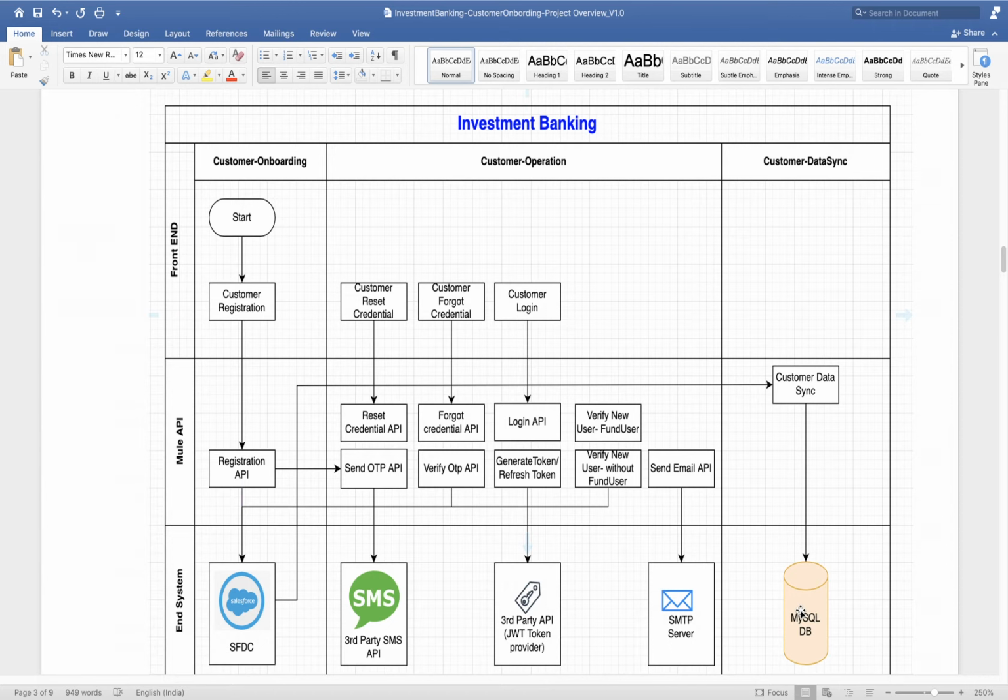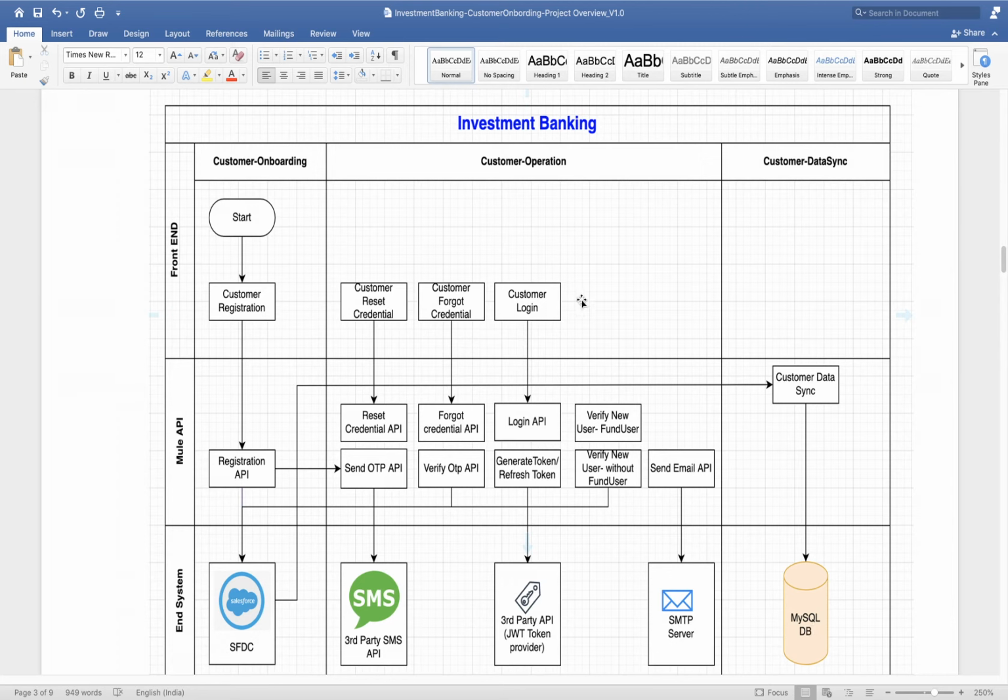Based on customer operations, they can give some offers, or they can identify who are the golden customers. So for those analytics, they need a set of data in the database. That's why we will have one process here to sync data from Salesforce to the database.